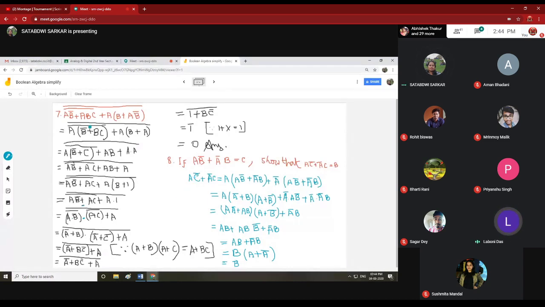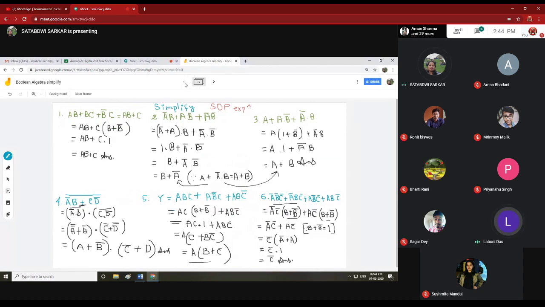Where? The previous formula, ma'am. Number 2. You have written a plus a bar b equals a plus b, the formula, ma'am. Yes, ma'am, the right hand side should be 1 plus b. In this example, number 2. The last one, a plus a bar b equals a plus b.